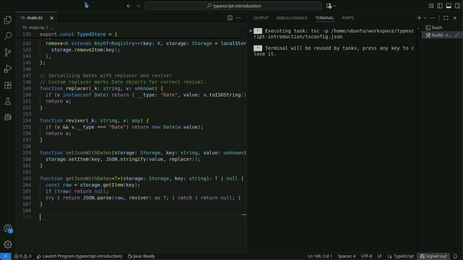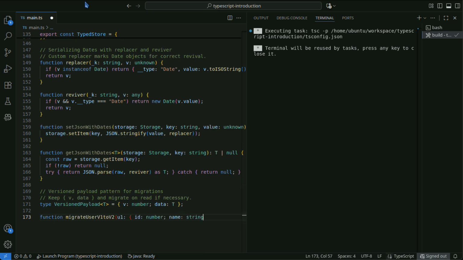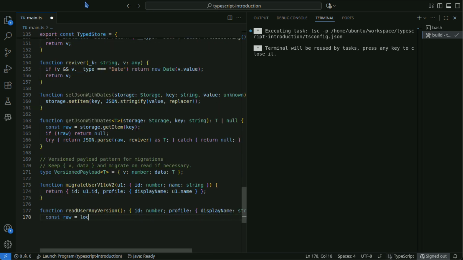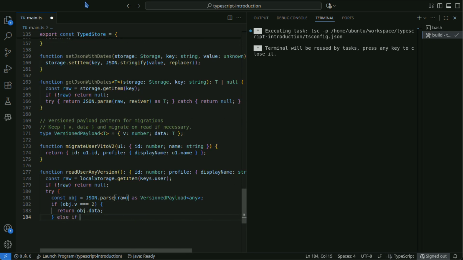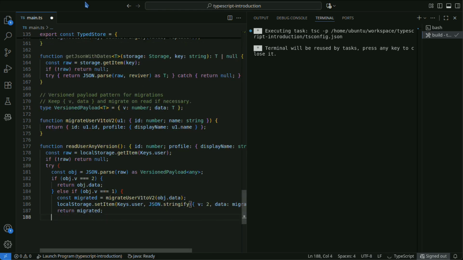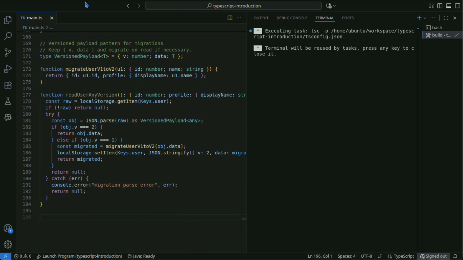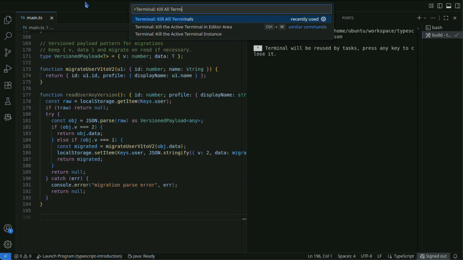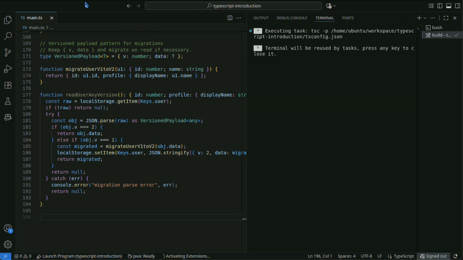If you might change the storage format in the future, include a version in the payload and prepare migrations. By stacking small migrations, you can maintain backward compatibility.